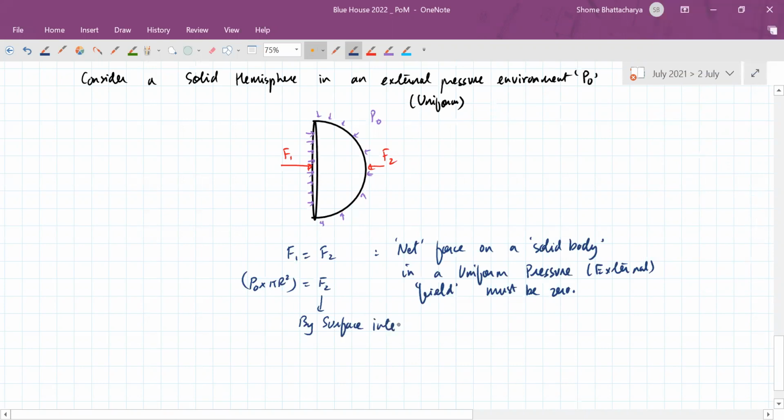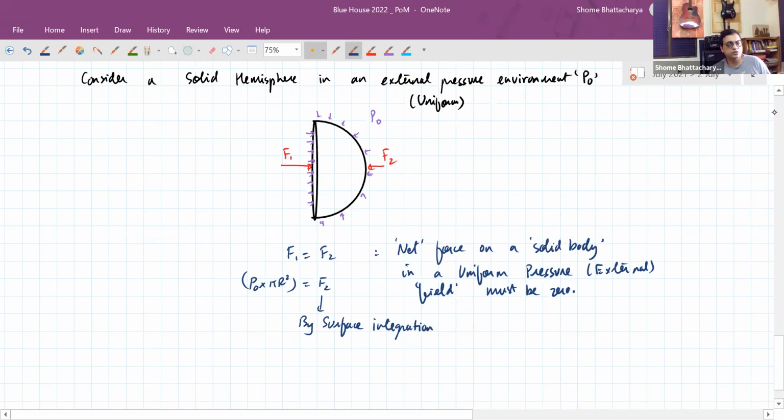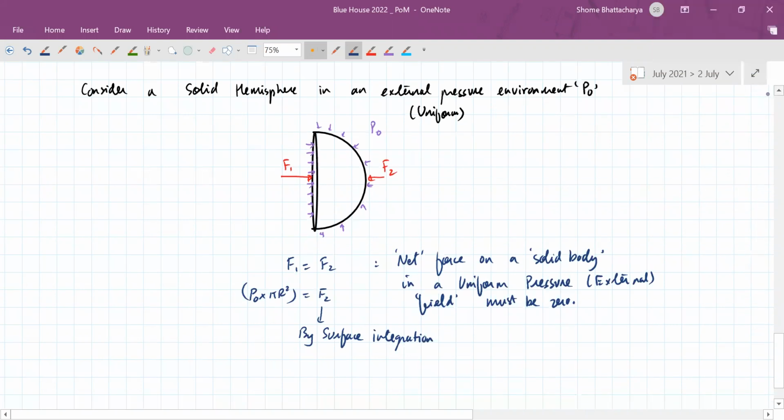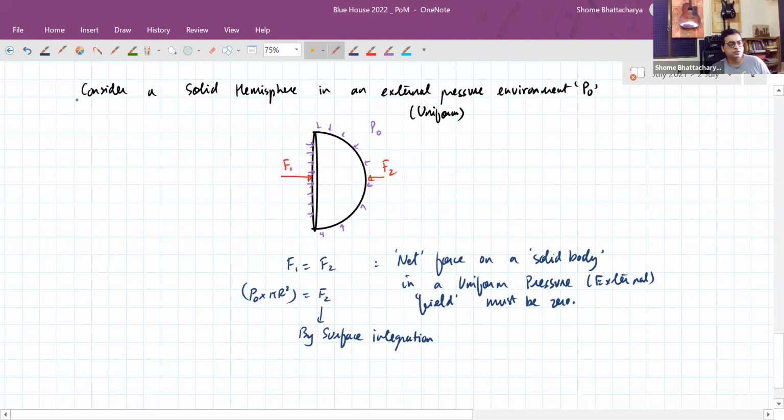So F1 क्या है sir? वो नहीं समझ रहा. Is the force on, now we are considering a solid hemisphere, no? So on the left surface, no? Because we are considering a solid hemisphere,